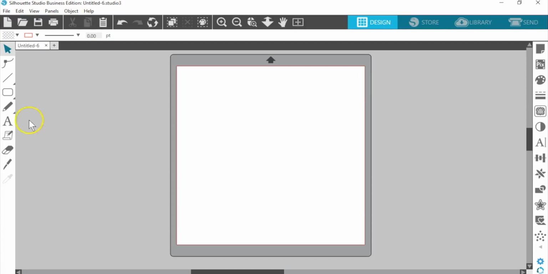So we'll start with the text tool on the left, click down to create a cursor on the page, and then we're going to type stay. Now we'll click the text tool again to start another word, and we're just going to type cool. Now we'll open the text style panel.